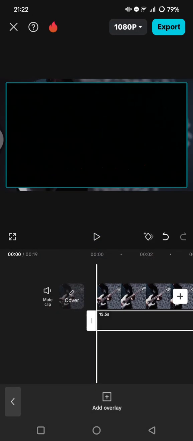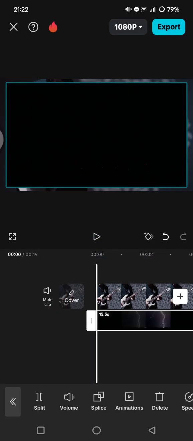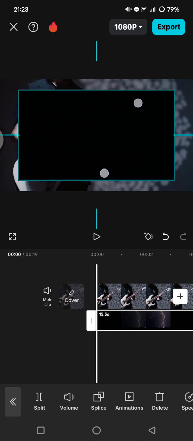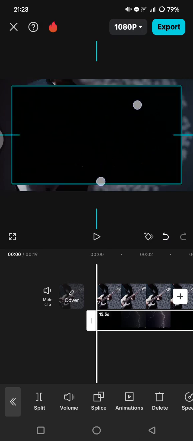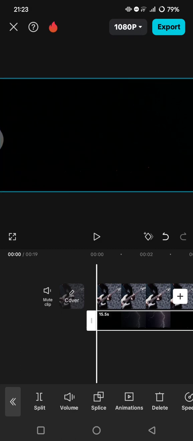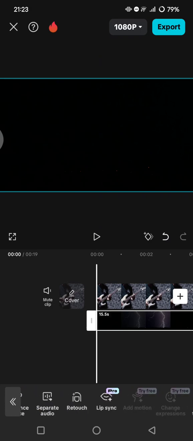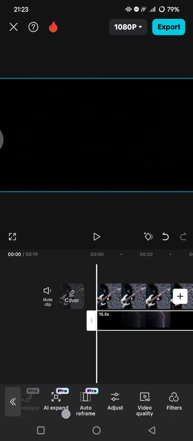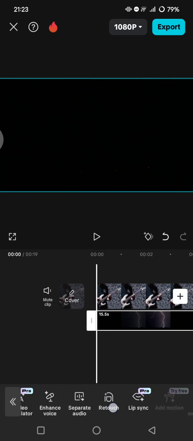Tap on add again. Now if you want to resize it, you can just pinch in or out the video like this. I'm going to make it fit with the main video. And you can also reposition it if you want to. And to adjust the transparency, you can go to the opacity, but I'm going to just suggest you to use